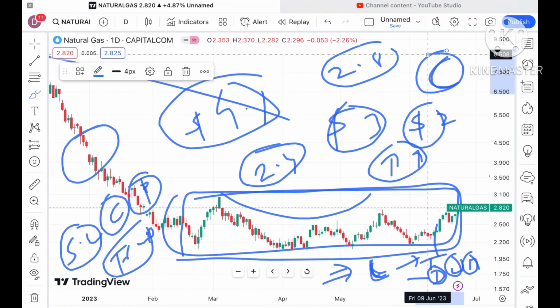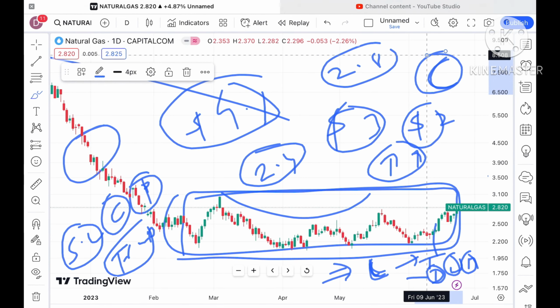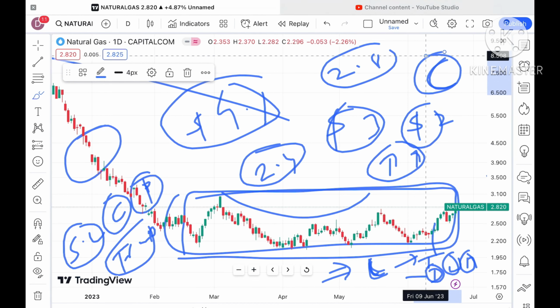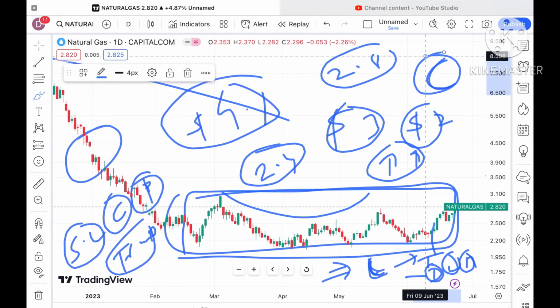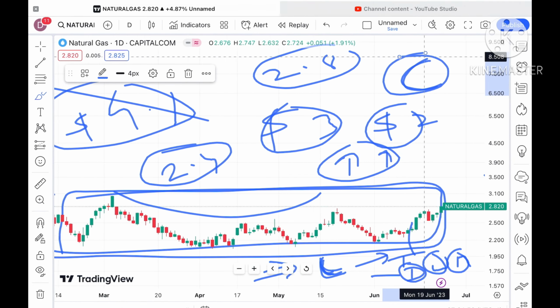Suppose you are taking 5 trades, and for the 5th trade you do not have your capital, and if that trade would have made you a good profit, then you are losing that profit. So you have to save your capital and adjust your day, week and month in such a way that you know when and how much capital to put, so that you can make a profit on the 5th if you think that trade can give you a good return. So always try to save your capital. That is the important thing.